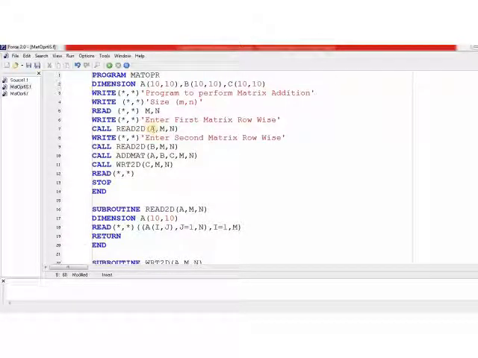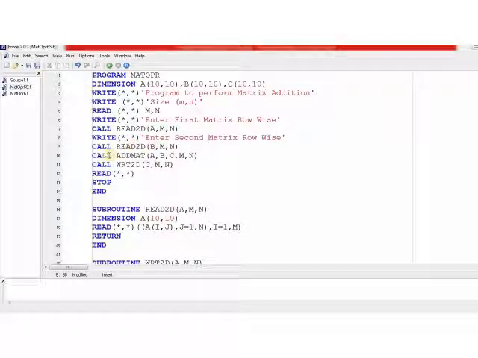This subroutine is passed A and the size of the matrix, that is, the name of the matrix and its size. The next step is reading matrix B, the second matrix. Here again we call read2D and pass matrix B and its size. So using these two steps, we read matrices A and B.